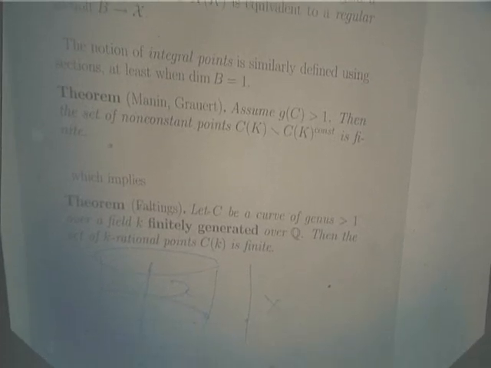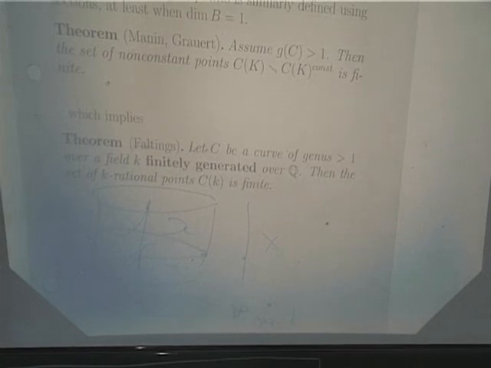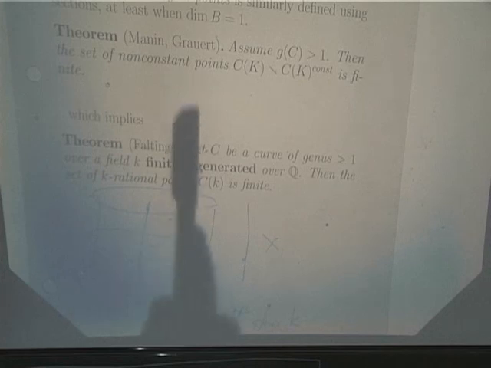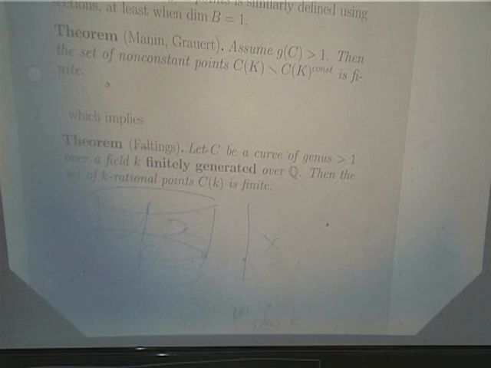This is an analogous situation to the question of rational points over number fields. And the analog of Mordell's conjecture was proven many, many years before Faltings proved the Mordell conjecture over number fields. In this situation, assume that the genus of C is bigger than 1, then the set of rational points is finite, with one caveat. So here's a picture.